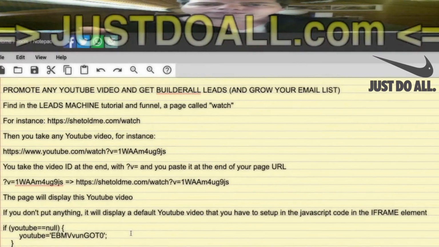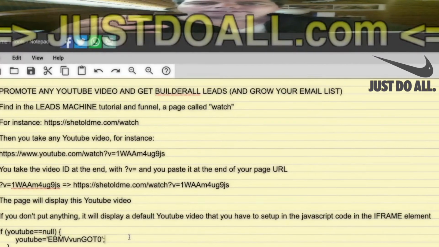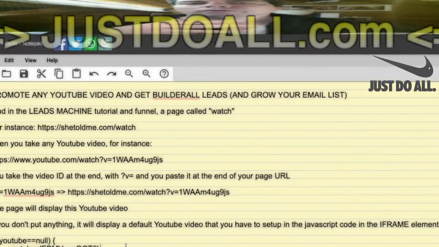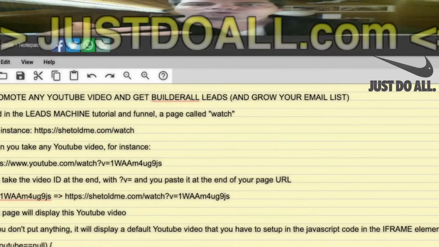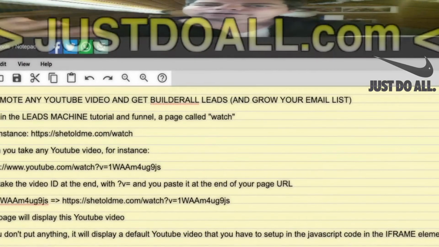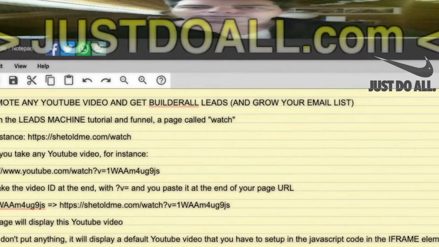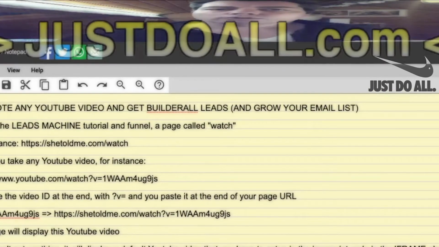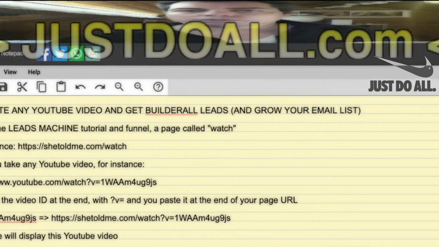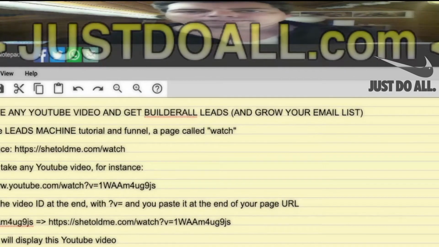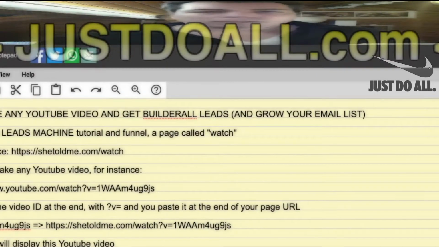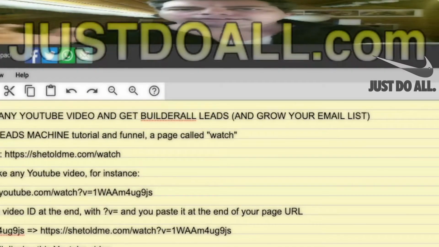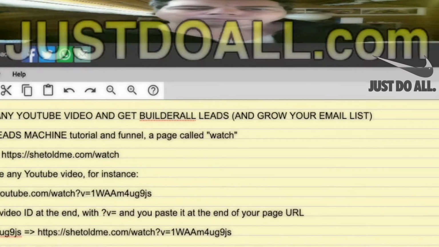And of course on this page, as I will show you later, it also gives a gift to the viewer, and the gift is an opt-in form to create a Builderall account, and then goes to the thank you page where you can give even more gifts, up to you. It's the same thank you page as the other part of the funnel. If you have seen the tutorial, you know what I'm talking about. So it will have your default link on the button, etc. But you can change this also. I will show you now.